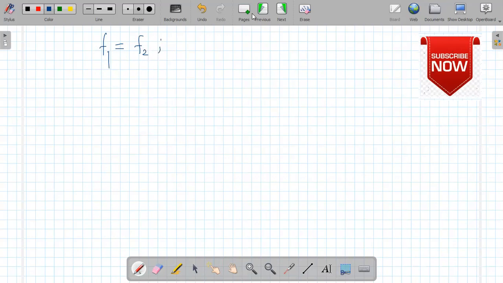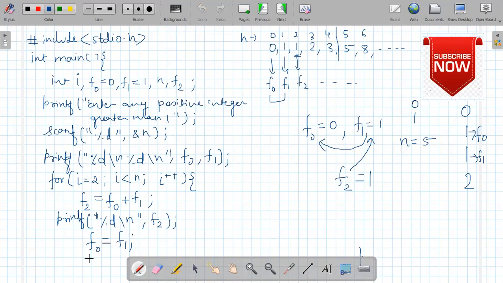So the new value of f0 is now 1 and the new value of f1 is 1. When these are updated, you will have the correct value of f2, which is 2, and that will be printed here. Okay, so this will work.